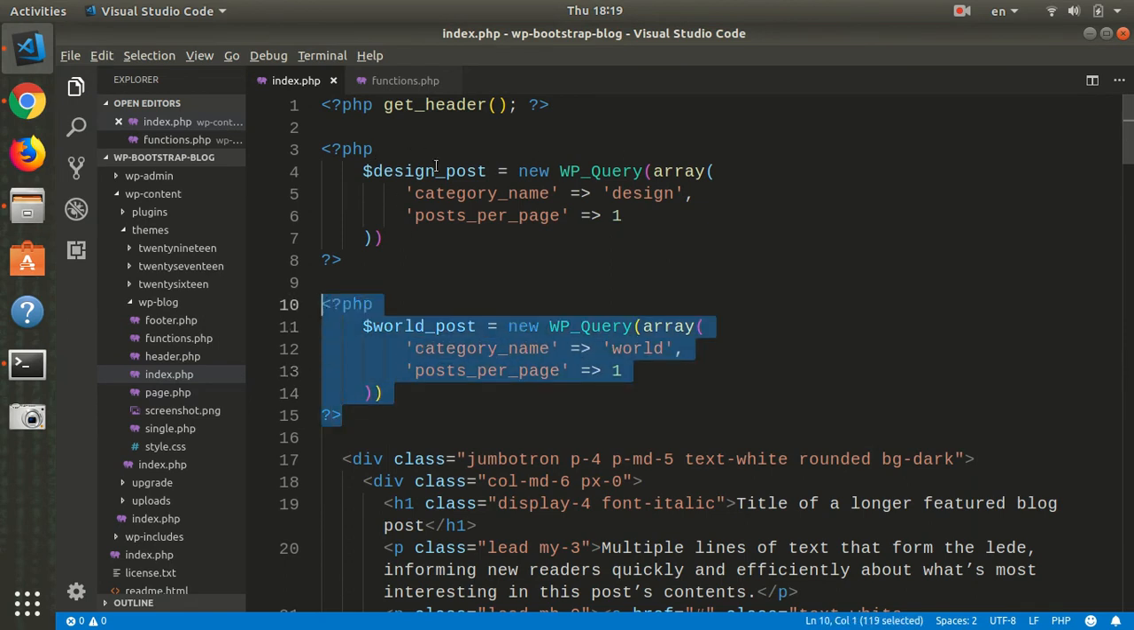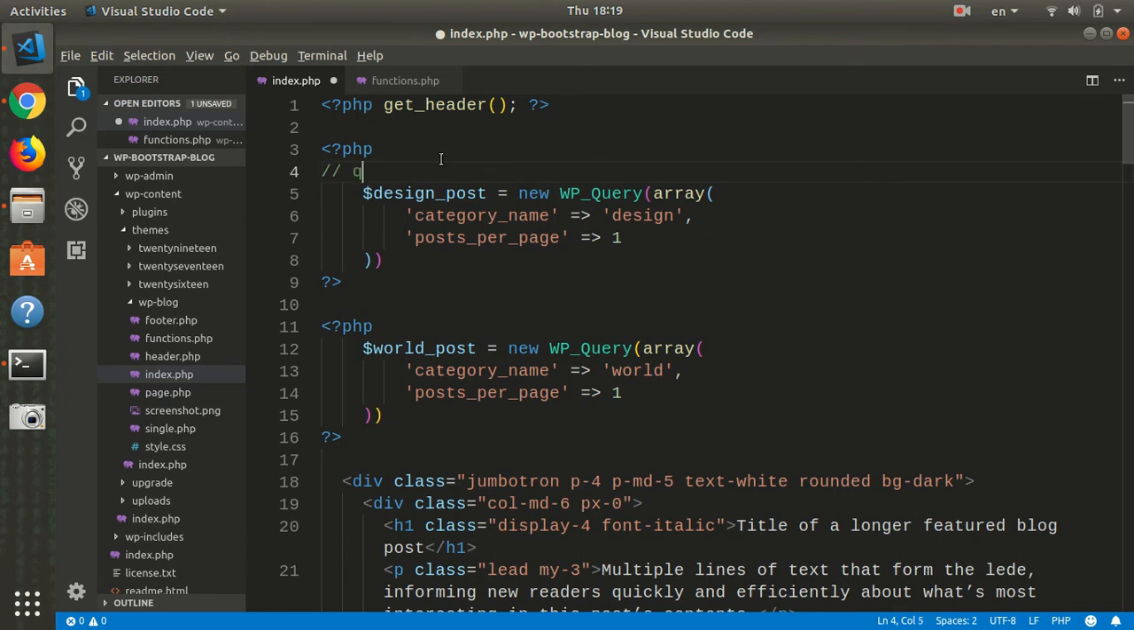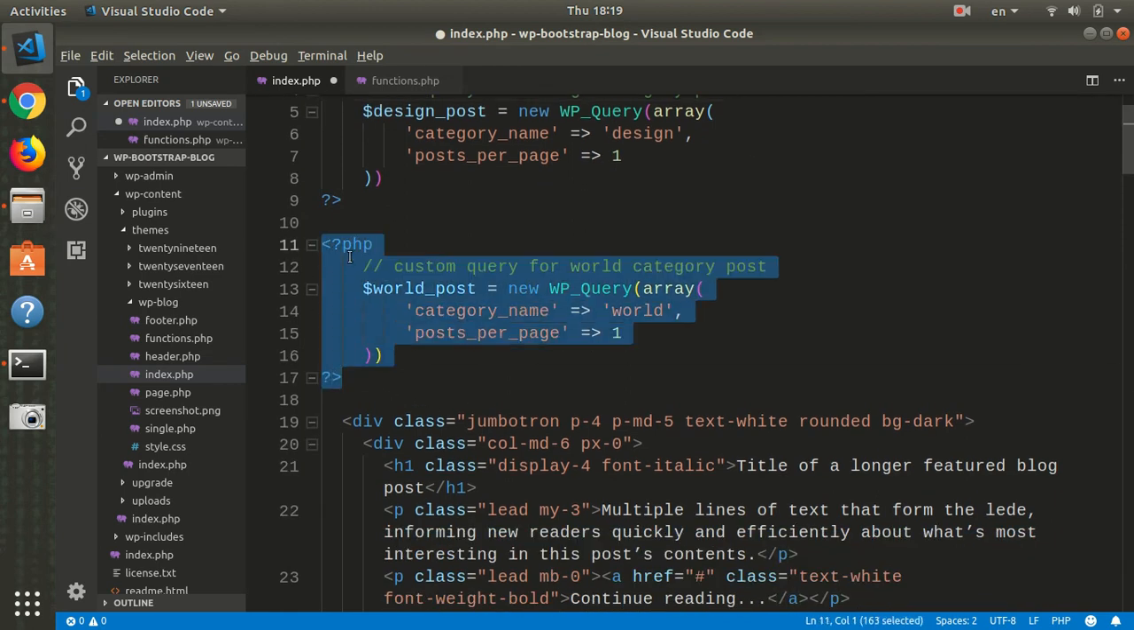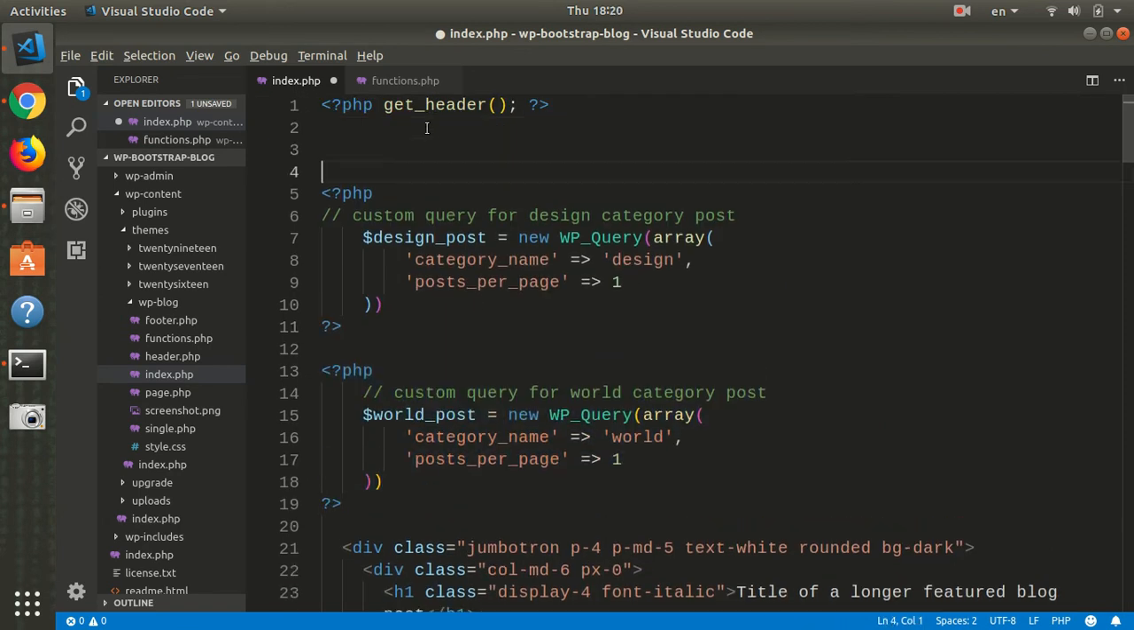Let's put some comments here. Query for design category. And it's the custom query. Let's add another one here. Custom query for world category post. Category post. Okay, so let's copy this and let's get up here and paste that in